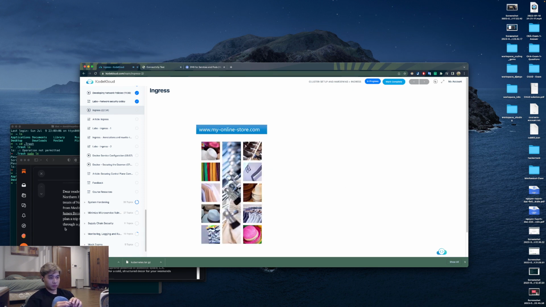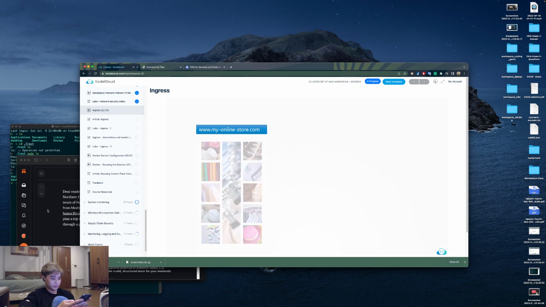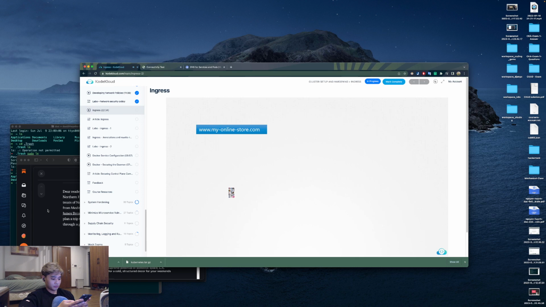We will start with a simple scenario. You are deploying an application on Kubernetes for a company that has an online store selling products. Your application would be available at, say, my-online-store.com. You build the application into a Docker image and deploy it on the Kubernetes cluster as a pod in